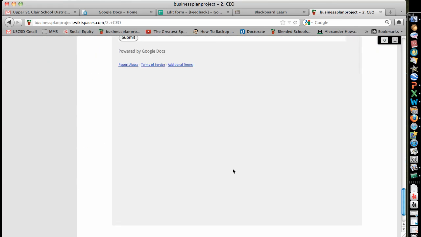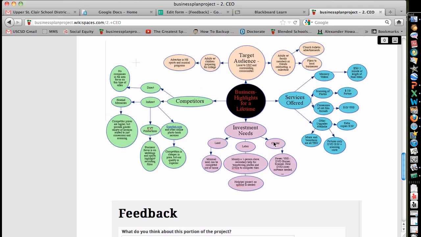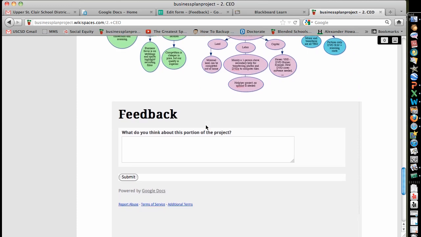Now, that's kind of secondary here. Now, if you look at the bottom of this page, I've added in something pretty cool here. So this is the CEO page. I have the web that was created in inspiration. Then there's this, and it says feedback, and it says, what do you think about this portion of the project? Now, what can be done is you can do this on your own very simply, put it in here, and